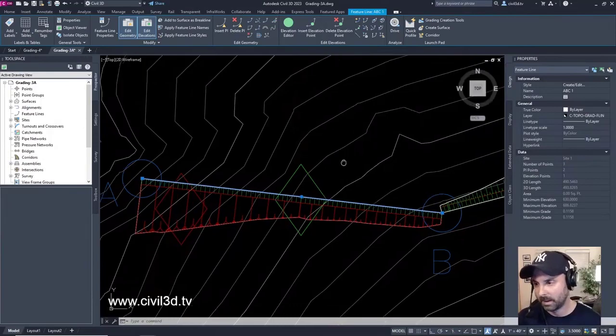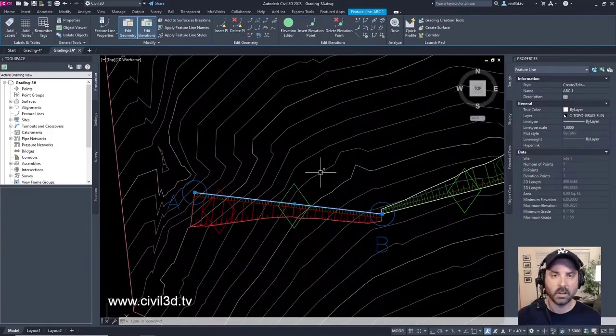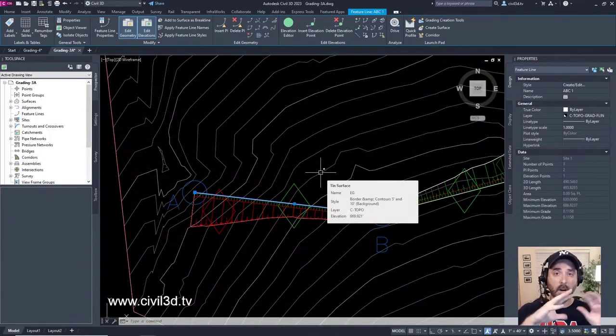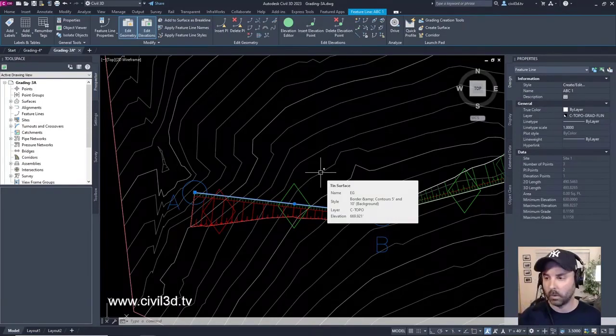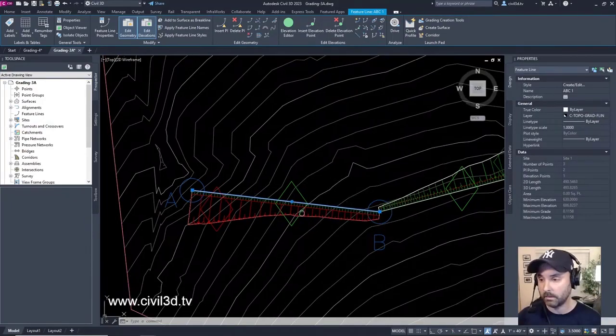If you need to change the elevation of your feature line and you've got all of your gradings and all that line work essentially stacked on top of that feature line, then when you go to select it later on to try and edit that, it becomes kind of like, oh crap, where's my feature line? Am I doing this right? You're doing it right. You just have to select all the junk on top of that feature line and send all that stuff to back. So that's what I did right there.